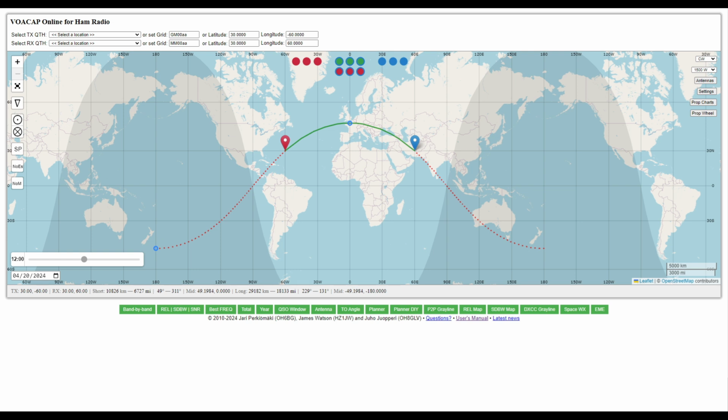The edge of this gray line is called the terminator, and it represents what we call twilight, the transition from day to night, and then again from night to day. In most cases, both stations benefit the most when they are on or very near the terminator, sunrise and sunset line, because that's where the D layer, the main absorber of HF signals, is minimal, but the higher layers of the